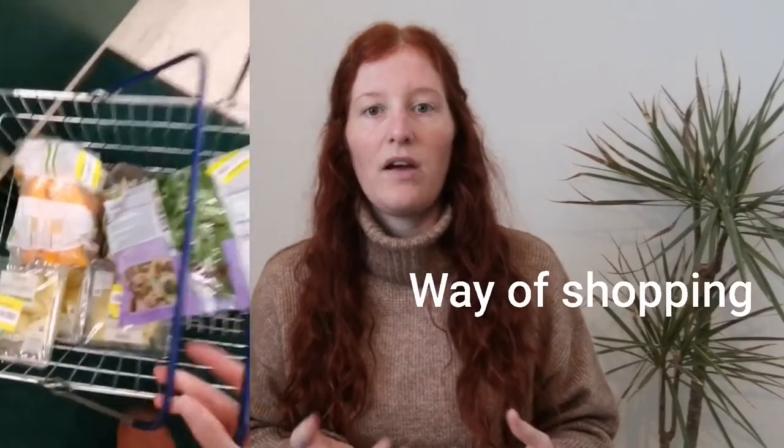Obviously, just to highlight a main point before I get into things, it's always best to shop locally. It's always best to shop package free, and this is always something that I try to do. I am lucky enough in quite a small area in Devon to have a local zero waste store where I can go and take my containers and refill. But this isn't an overly popular kind of shop in my area. I feel like bigger cities and closer up to London that kind of area is more of a popular thing. So just to reiterate, it is really important to try and buy locally as much as possible,